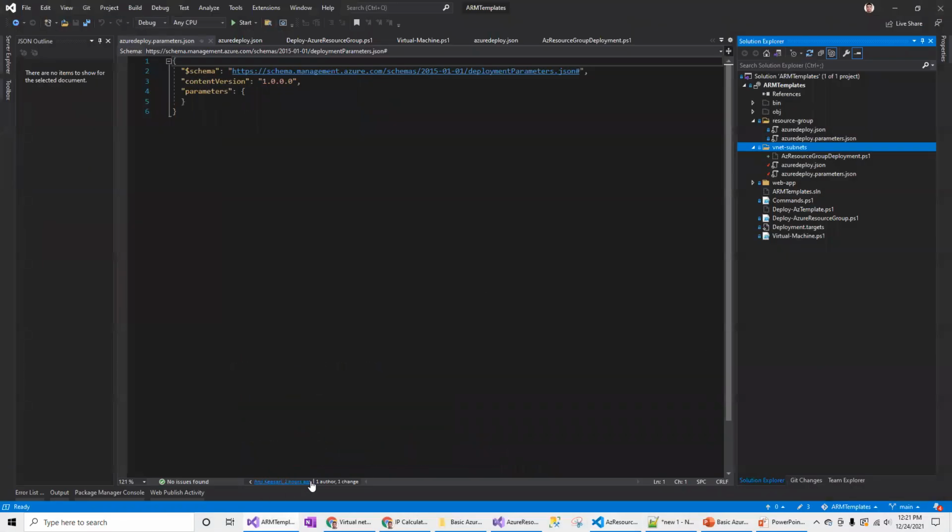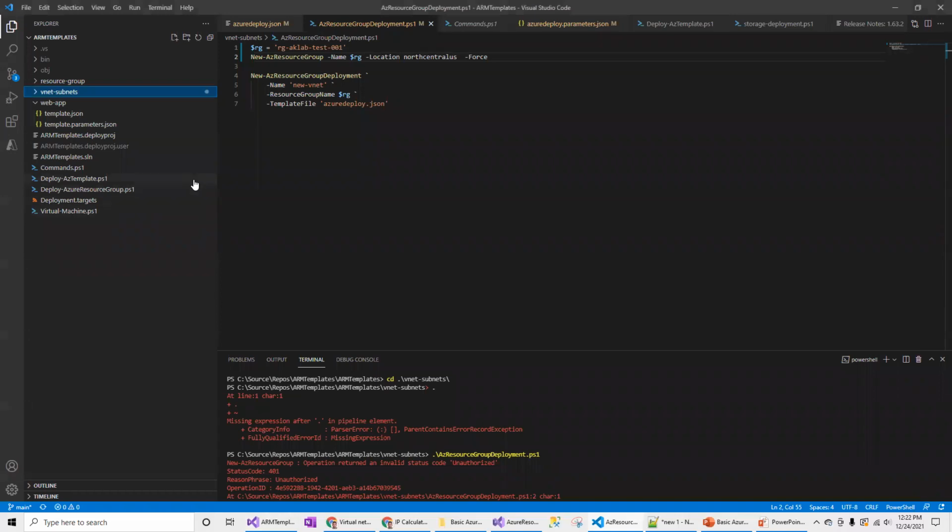In our previous video, we used Visual Studio 2022 to create the resource group. I'm going to continue with the same solution and add more resources as and when we work on new resources. So I will be using the same solution in Visual Studio Code. Also open the same solution folder in Visual Studio Code. This is where I'm going to create the virtual network related resources.